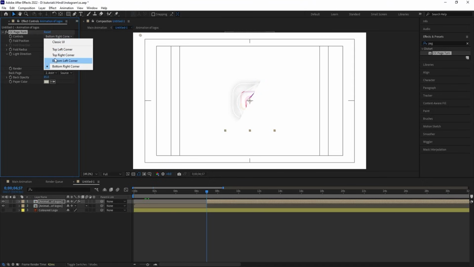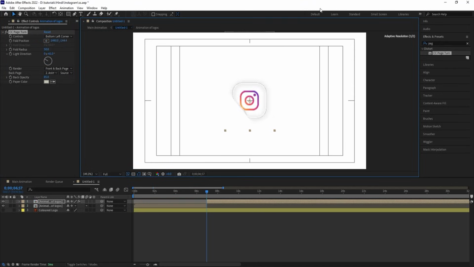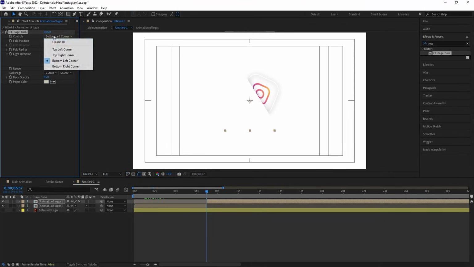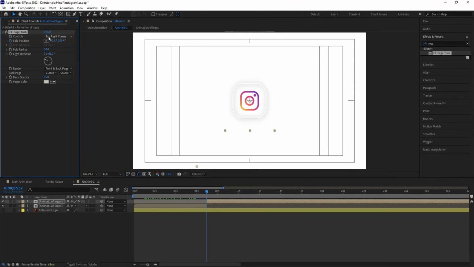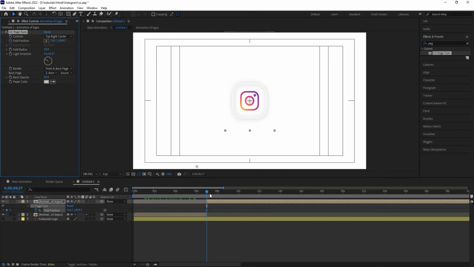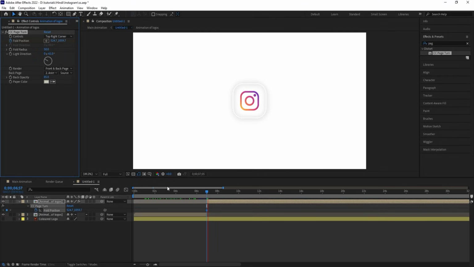You can choose different options as well, like where you want to rotate, or for example you can rotate it from here as well, or move this somewhere around over here as well. Okay, I think I want to move it over here, so initially it should be over here. Create one keyframe at position and make sure to choose top right corner, hit U,